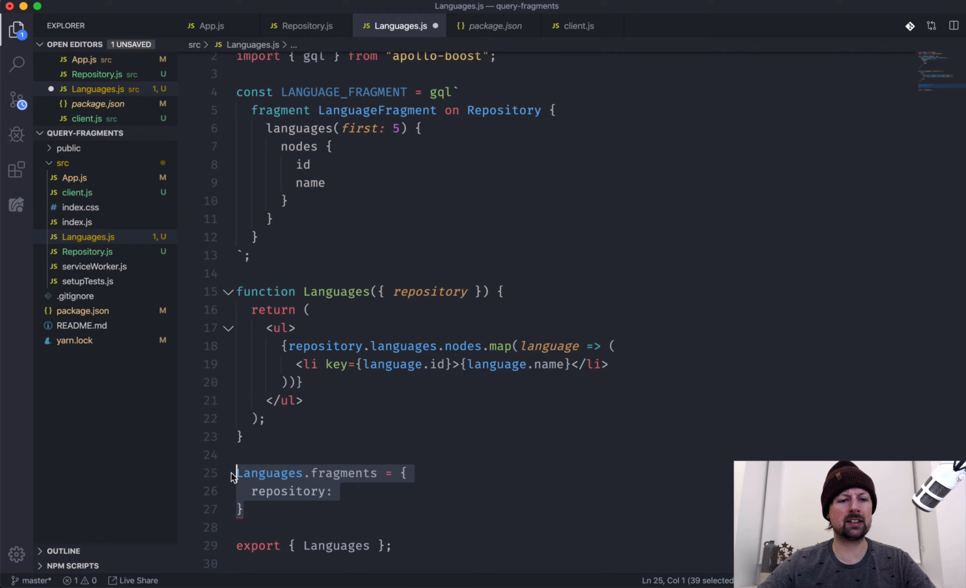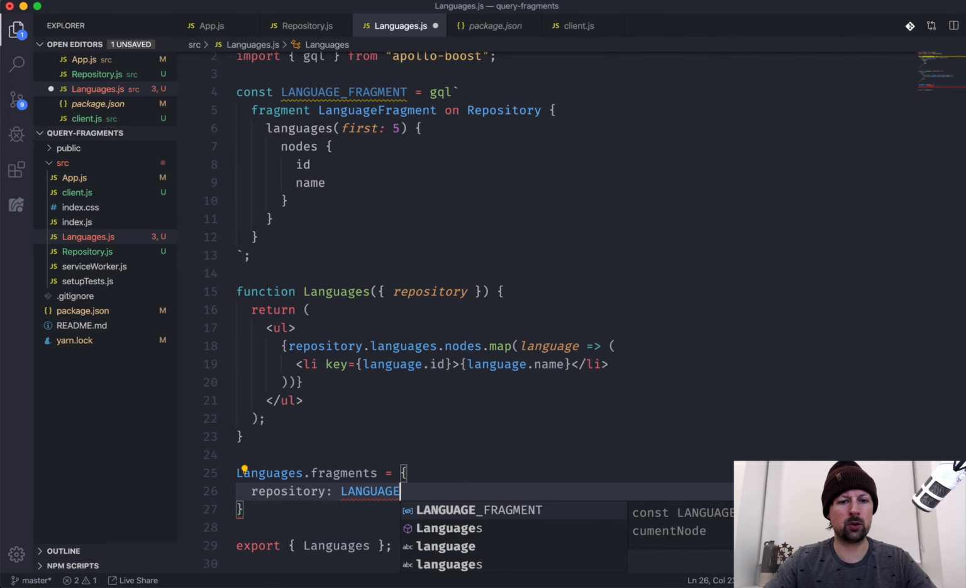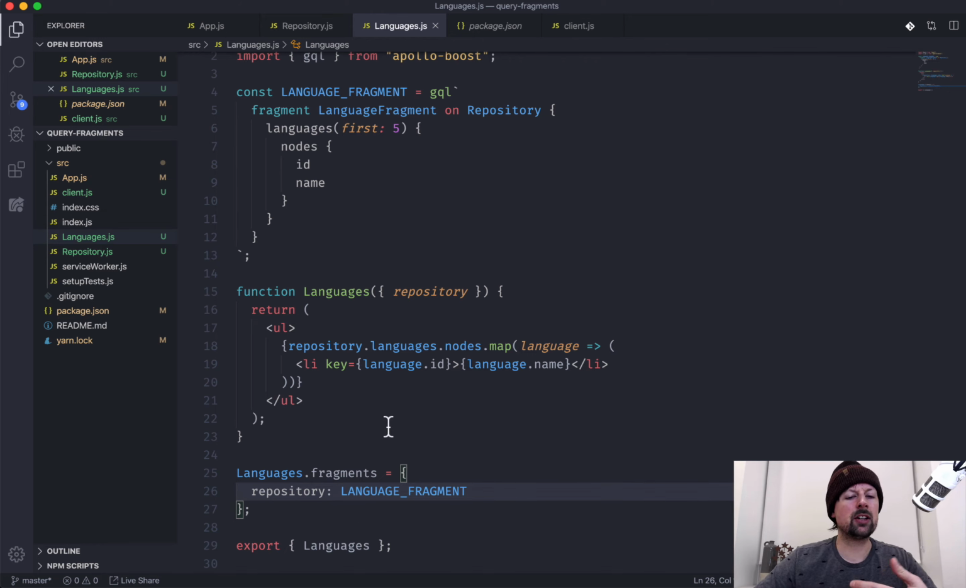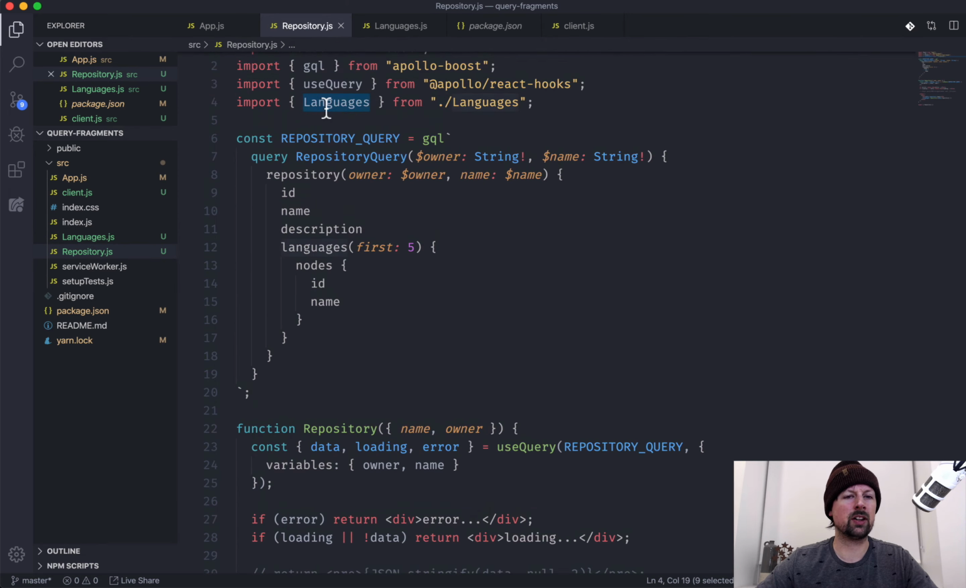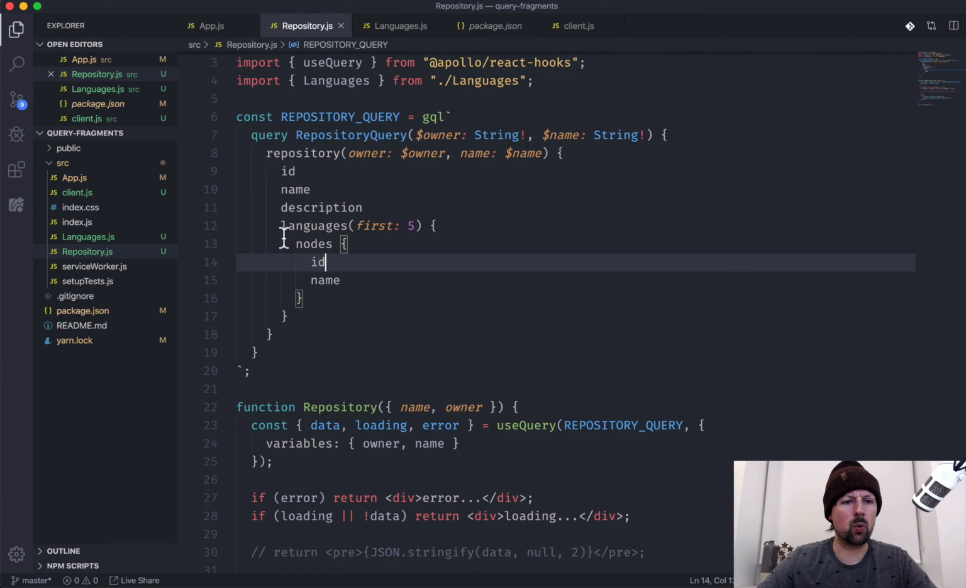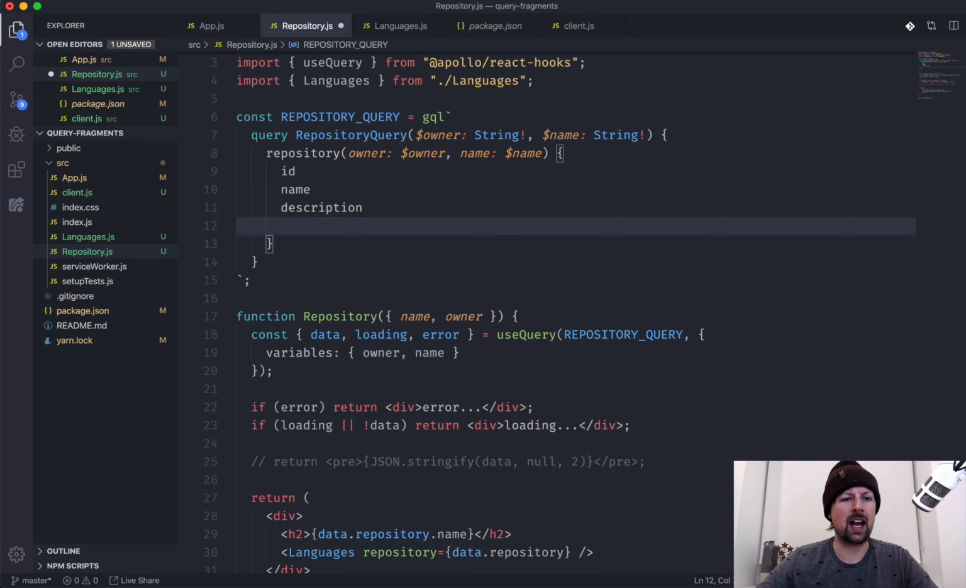So now I can come back down and finish up attaching fragments to Languages. So the repository fragment would be the language fragment, like this. So by doing this, we can basically go back up to its parent, and because we're already importing this, we're able to access the fragments that this component is exposing to us. So what we're going to do is we're going to basically cut out this portion, and we're going to say